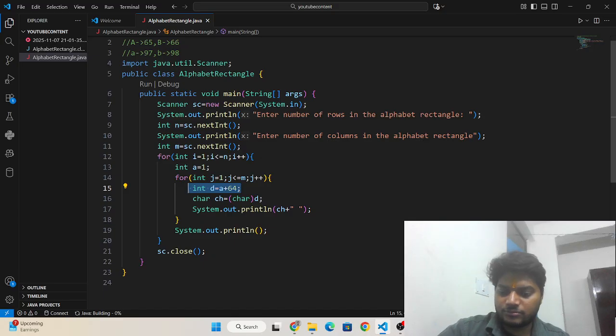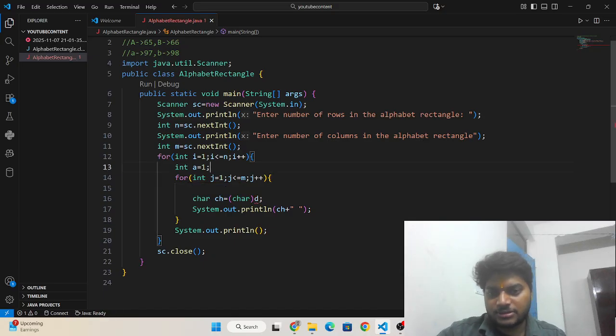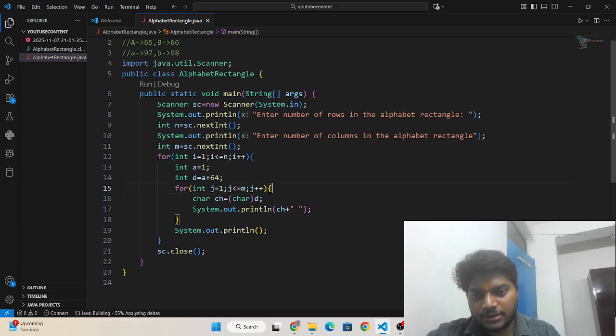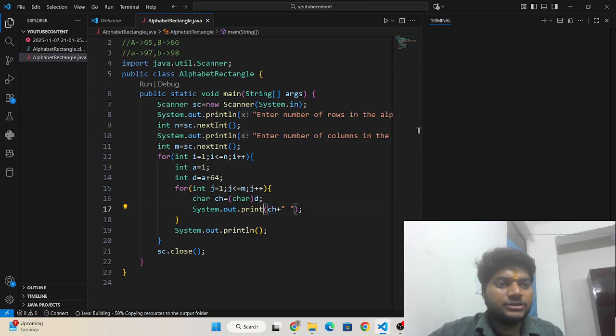I have to fix these things here, okay. And I need to remove this, and I need to remove this ln also. Now I am executing it.